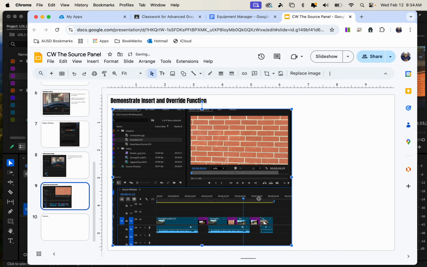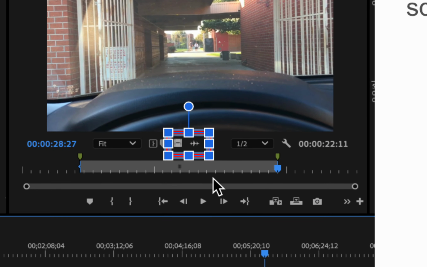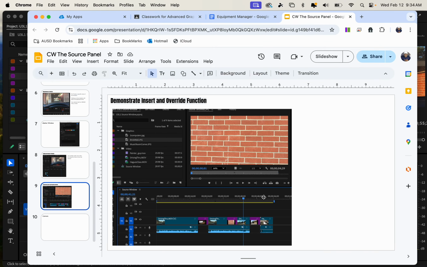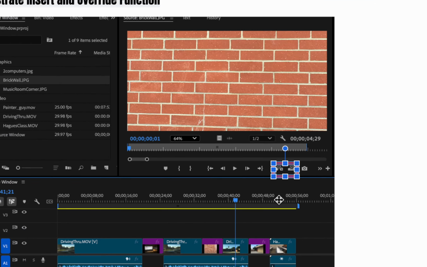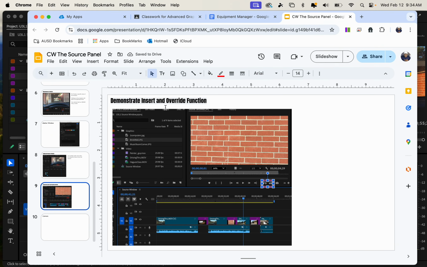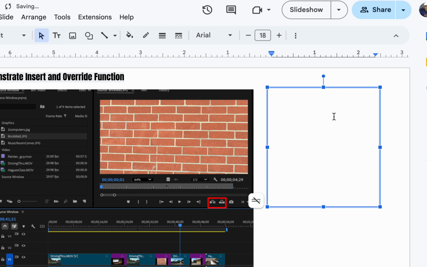All right, and let's copy one of these, copy a red square, and let's put it right here, which is these two right here. So this is the insert or override. So please take down these notes. Insert basically goes in between footage without disrupting that footage,